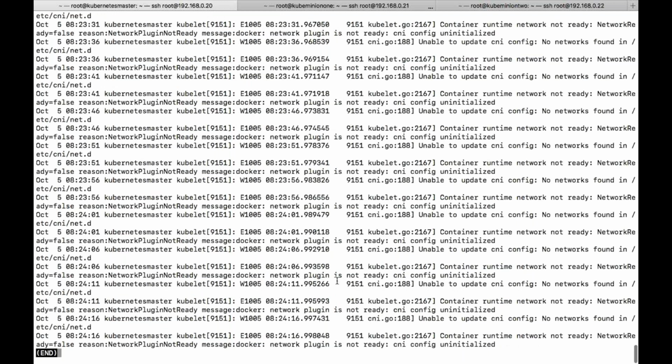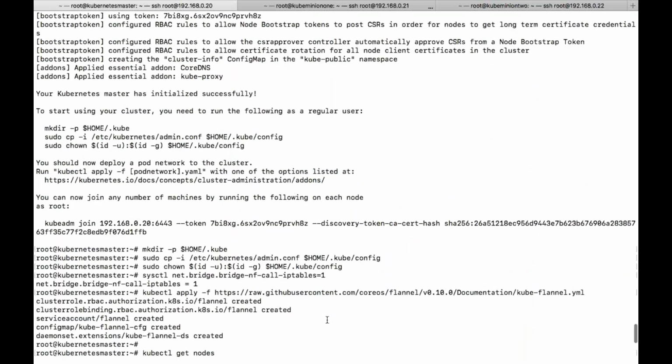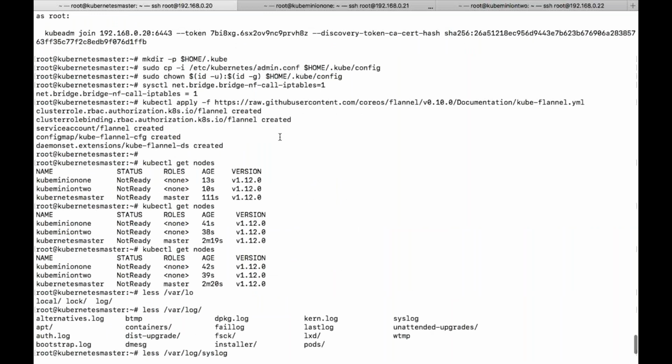That's the reason. Network plugin is not ready, CNI config uninitialized. Okay. So it is saying, simply, that the commands you have executed are still under the creation process. Let's wait.